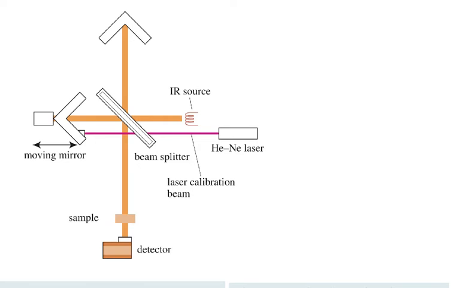And then this one is called a Fourier transform. Apparently it's a lot more energy efficient in the way that it does things, and I think it's a lot less expensive as well. The way it works is basically you have one mirror that stands still and one mirror that moves, and because the mirror is moving, the light that hits that one instead of the other has traveled a different distance. Because you get light that has traveled all different distances, since it hits this mirror at all different points in its moving trajectory, you're going to get all different frequencies